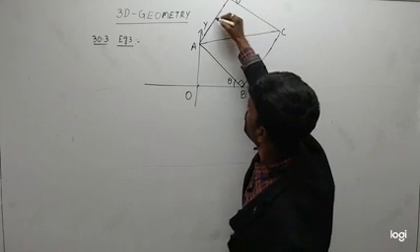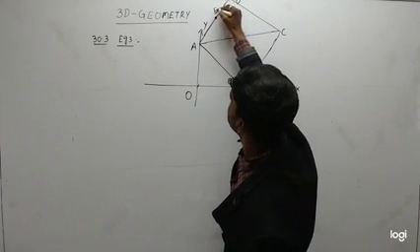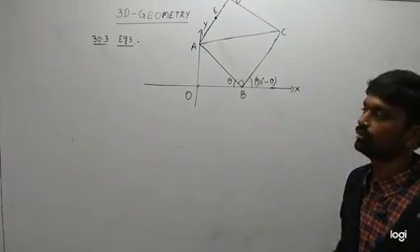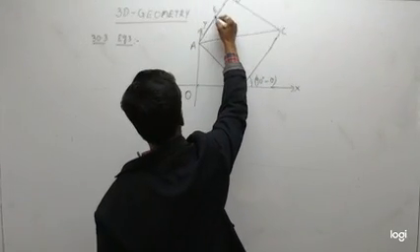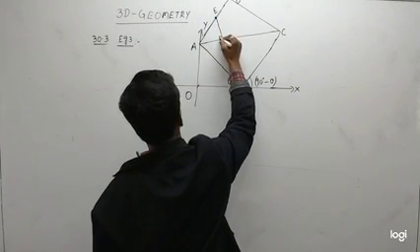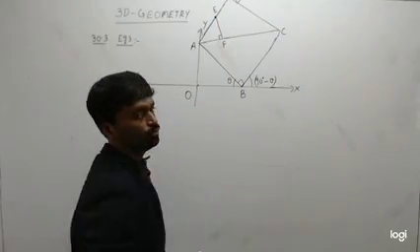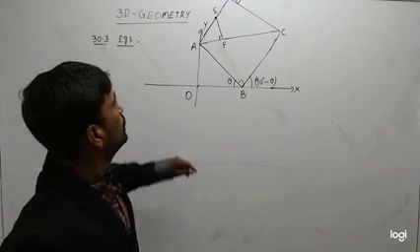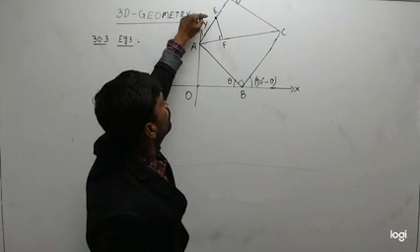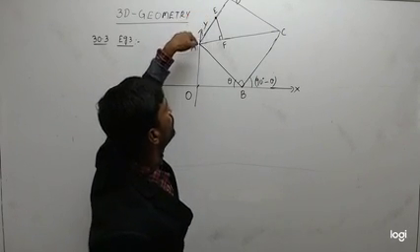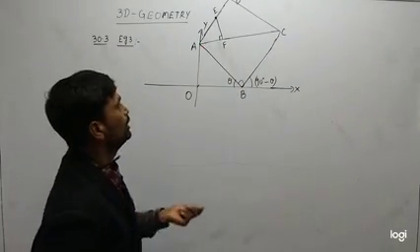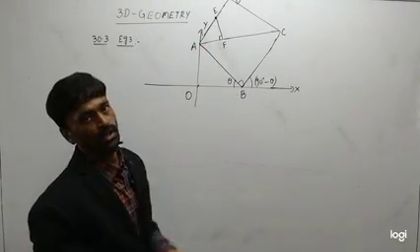So the midpoint of AD is E. So from E what we did? We have drawn a perpendicular on AC. So this F becomes what? The foot of the perpendicular, which is drawn from the point E. What is E? Midpoint of AD, on the diagonal AC. Now we have to find the locus of F.